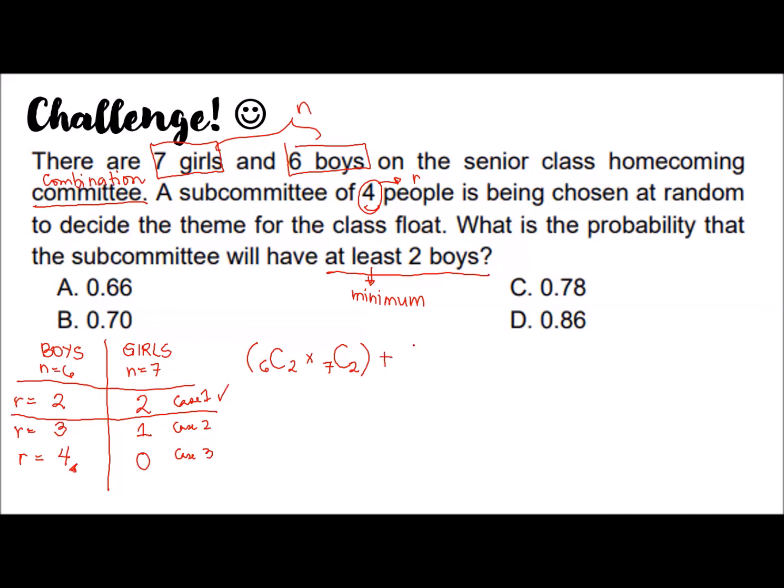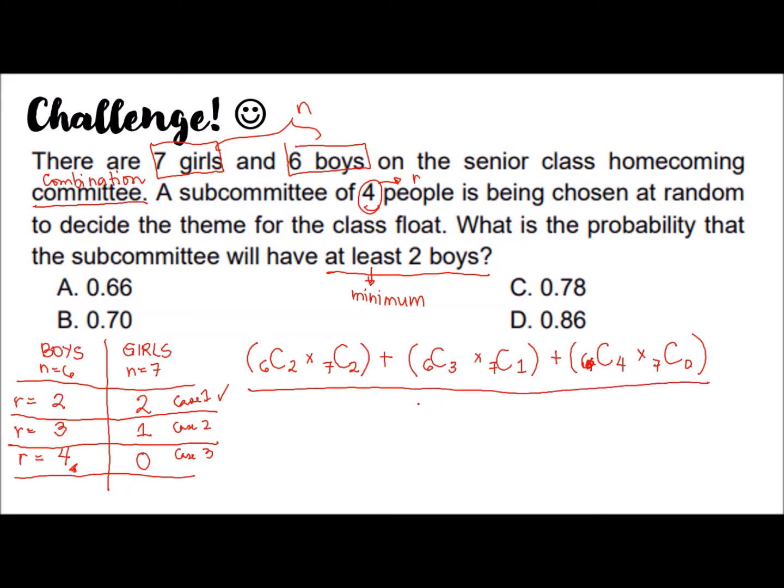Next, plus, because we have other cases. Case 2, there are 6 boys, and we will take 3. Times, combination of girls, 7, and we will take 1. Plus, combination of 4, this is our third, combination of 6 again, because our boys are 6, and we will take only 4, times combination of 7, and we will take none from the girls because we already have 4. So, that is our